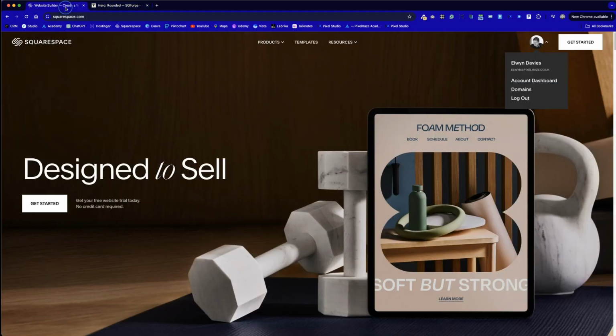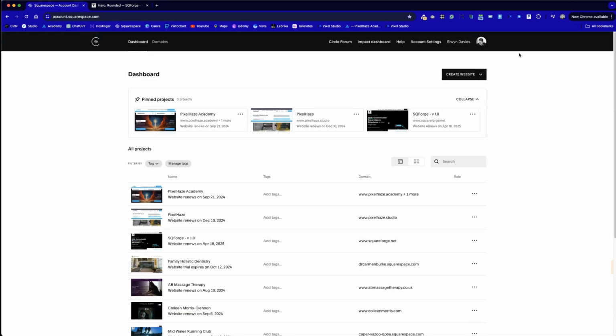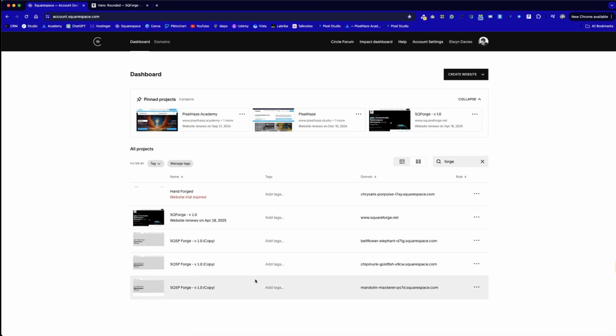And the way we get this to work is we go to our Squarespace account dashboard, and we've got around 500 to 600 websites on this platform. Instead of creating a website, we have pinned SquareForge as a favorite, and from this section we can duplicate the website once we've found it. If you've got a lot of websites, you can search for it, and we've got a couple of different options that I need to delete here, but we can see that this one needs to be